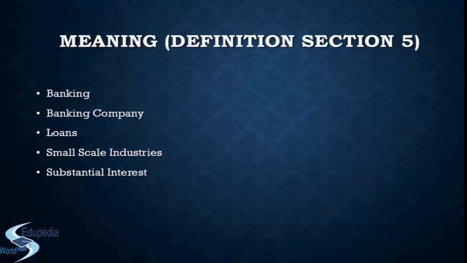Like if you have prepared an FD with a bank for 2 years, then after 2 years, even if the person does not demand, the FD matures. And then it also gives the power to the depositor to withdraw the money from the bank whenever they need. And there are various modes of withdrawing the money. It can be withdrawn by check, draft, order, or by any other means, by using a negotiable instrument or anything. So basically, if you club all these 6 points, you get the meaning of the term banking.